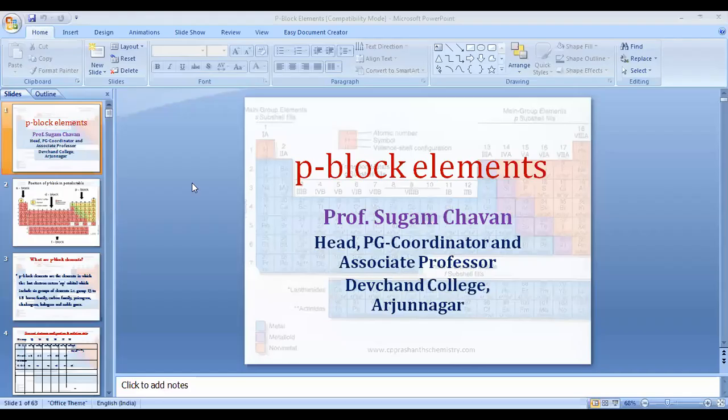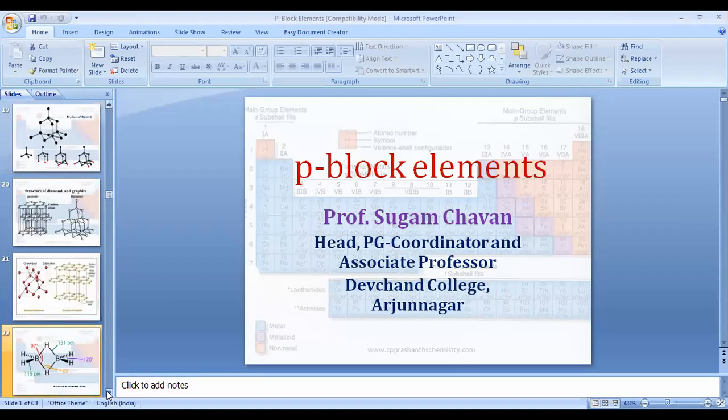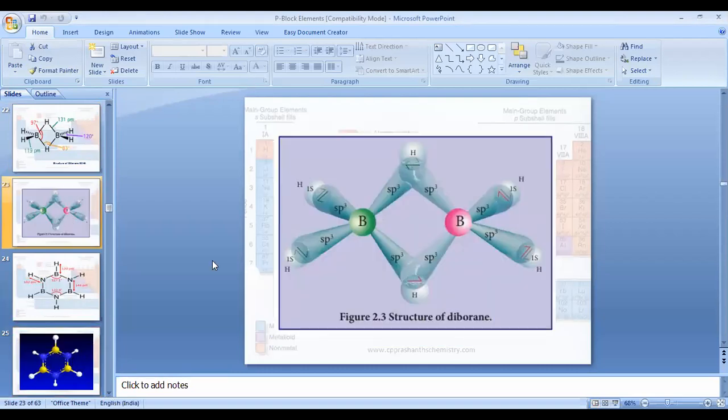I would like to show you the structure, how it looks. Structure of this diborane that I would like to show you here. So this is a structure of